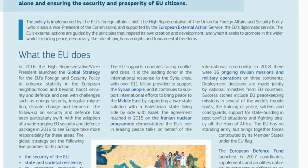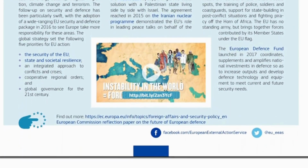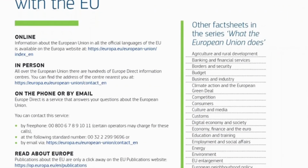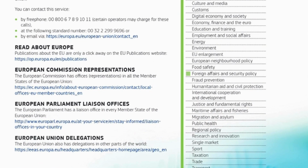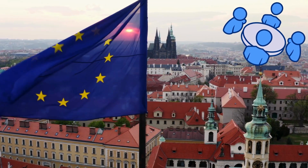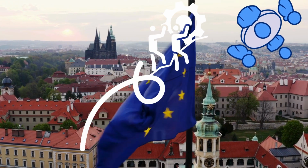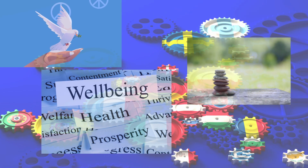The policy covers a wide range of areas, including crisis management, conflict prevention, and arms control. While the foreign and security policies are intergovernmental in nature, meaning they rely on unanimous decision-making by EU member states, they are closely coordinated with other EU policies and institutions to ensure a cohesive and effective approach to global challenges. Through such policy, the EU seeks to assert its role as a global actor, advocating for peace, stability, and prosperity